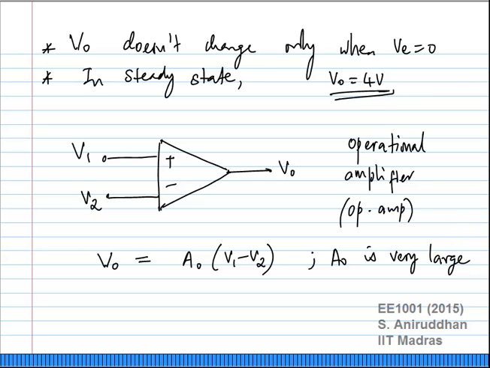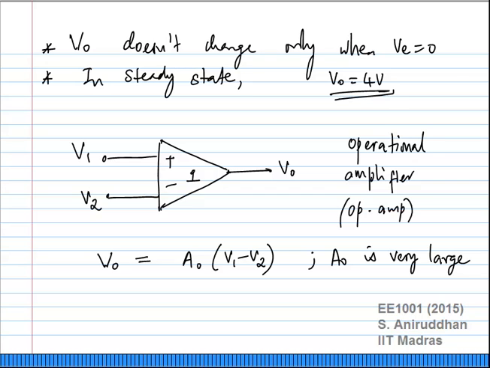Now, yesterday after class somebody asked me what these voltages V1, V2 and VO are referred to. From now on, for the rest of the course and even in future courses, if somebody just shows a voltage on a wire as V1, you can just assume that there is some implicit reference, and the voltages of any wire are always represented with respect to that reference. Okay, so there is some ground inside here, with respect to which V1, V2, and VO are referred to. And of course often the op amp